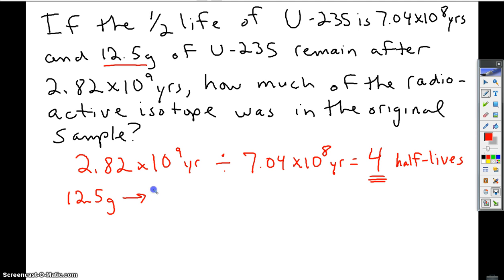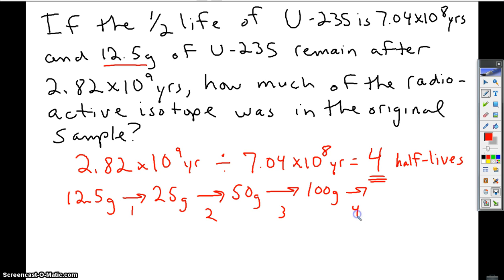So that would become 25 grams after 1 half-life, 50 grams after 2 half-lives, 100 grams, remember we're going backwards here, after 3, 200 grams, and then finally after the,